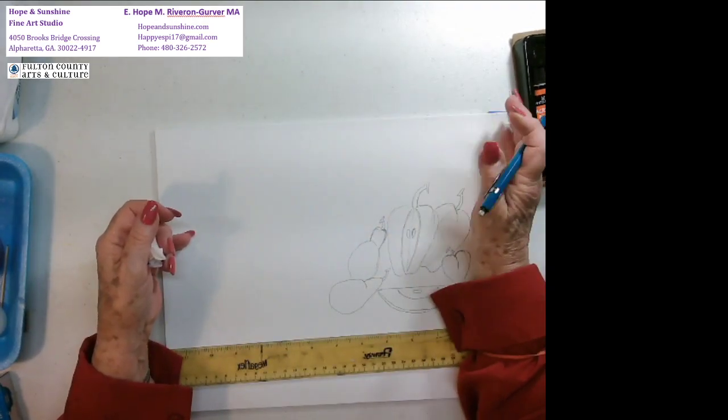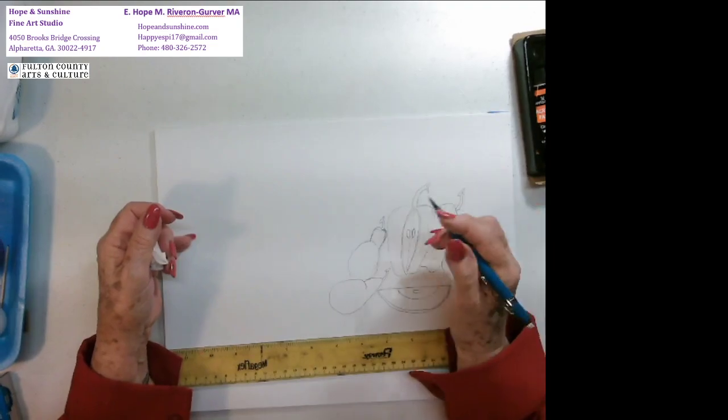Artists could be in many different dimensions. They are actors and actresses, and